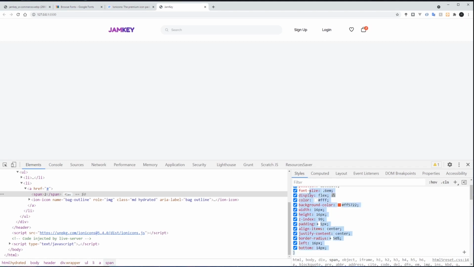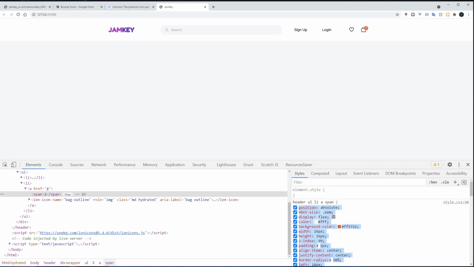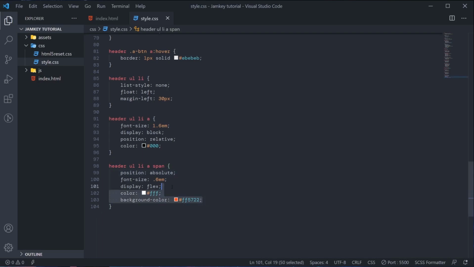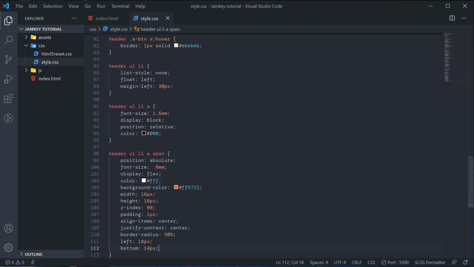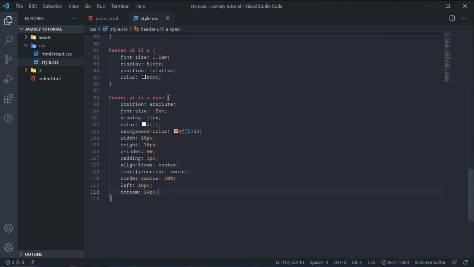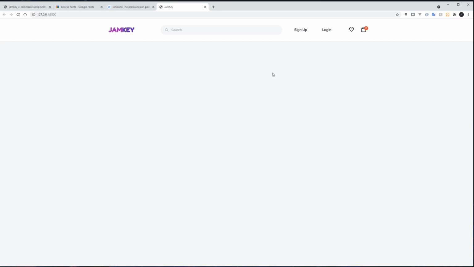So I'll just copy this code quickly. Let me save it to our style here. Ctrl C, then Ctrl V. Okay. All right. So if I go back and refresh, as you can see, we now have this header first.